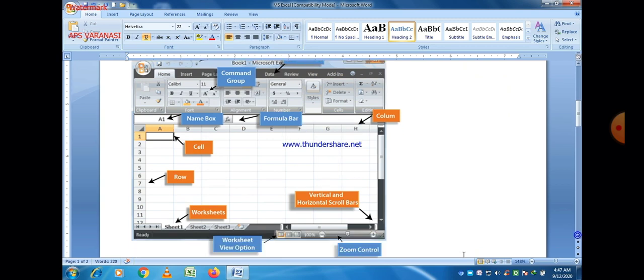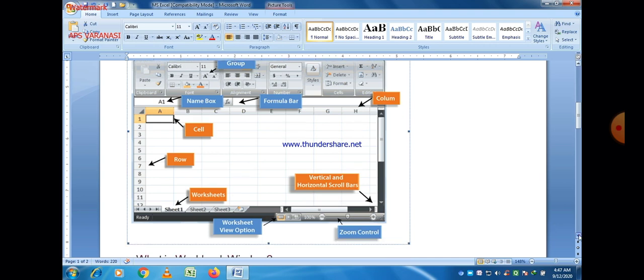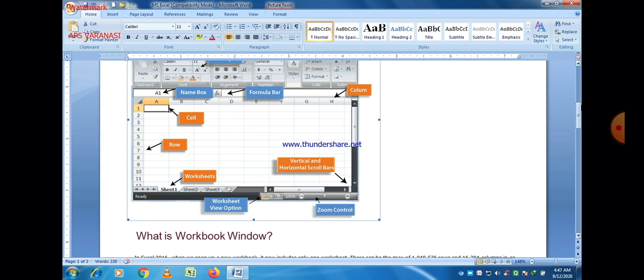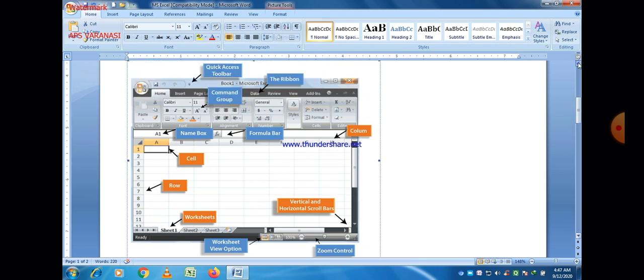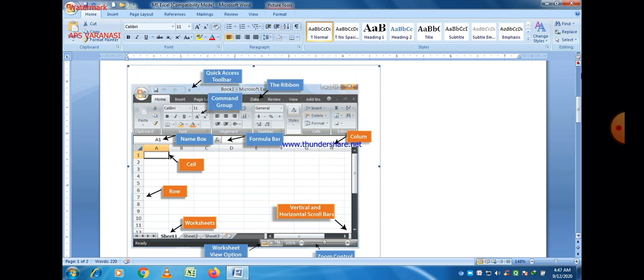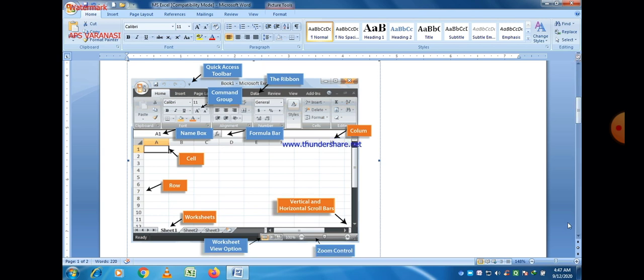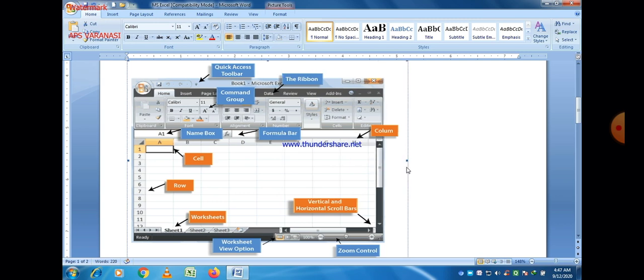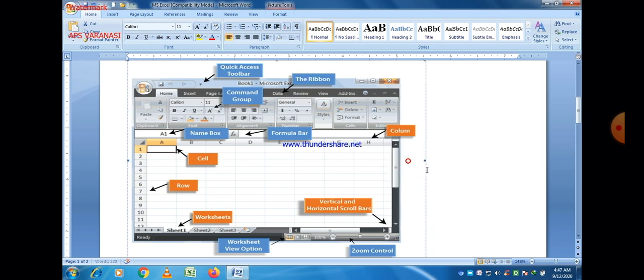I think you are familiar with most of the terms here, because these are also used in Word as well as in MS PowerPoint. But here the only difference is that data is entered in cells, and a cell is nothing but the intersection of rows and columns.